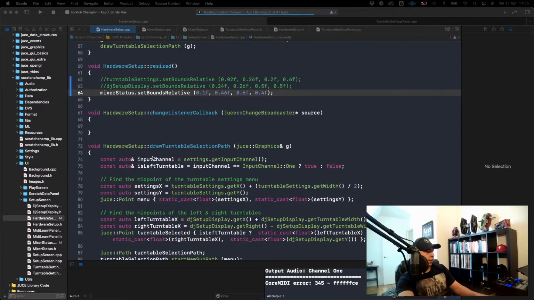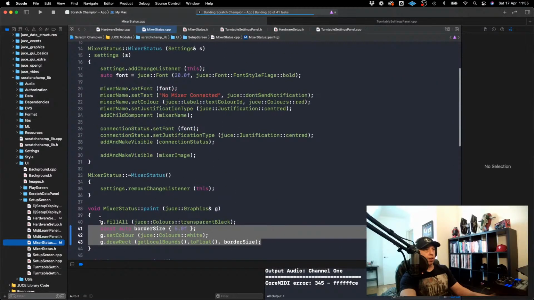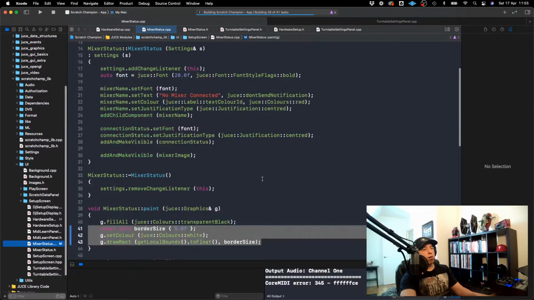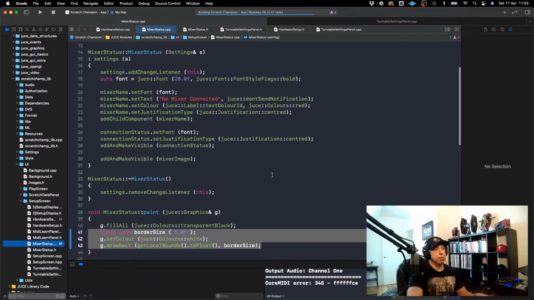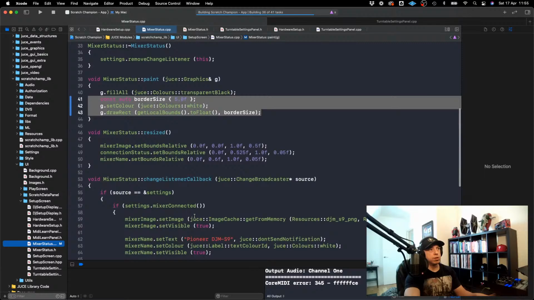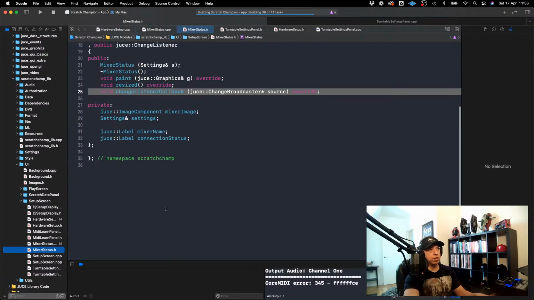Yeah, so that's the next thing I was going to look at, as well as setting bounds relative, could possibly be the culprit. So there are a number of things that could be the culprit here. Oh, so let me think about this. I was just thinking, so we got mixer image. So where is mixer